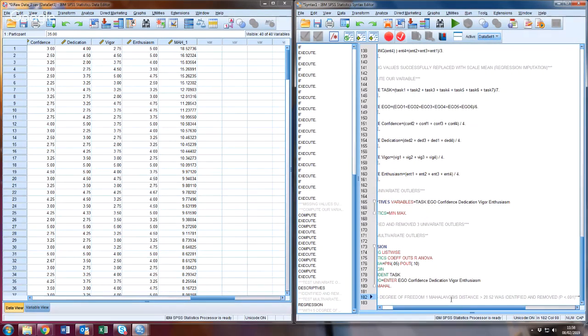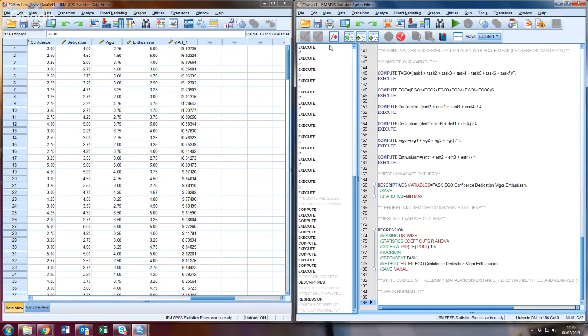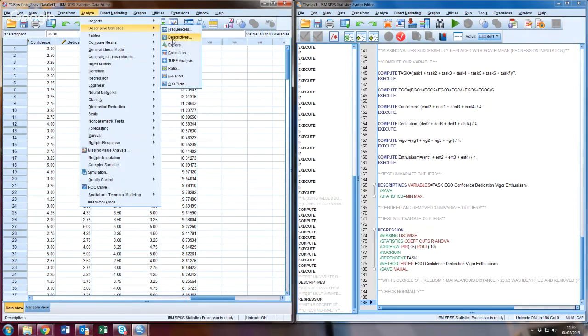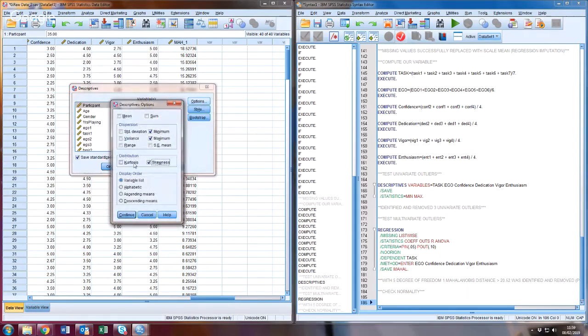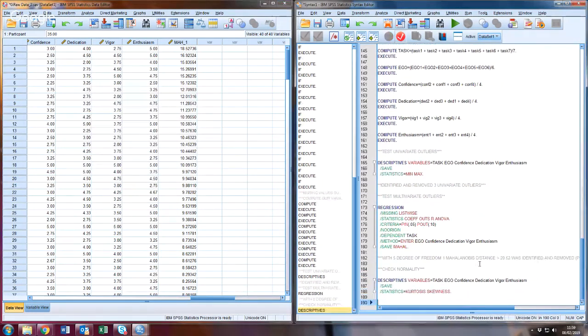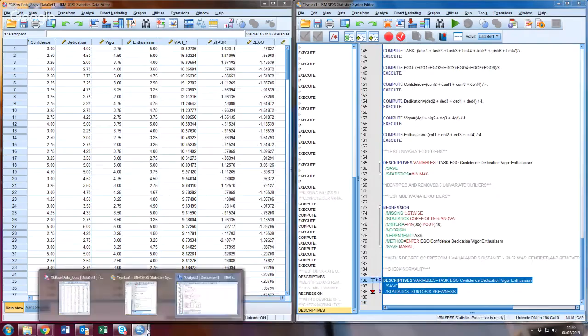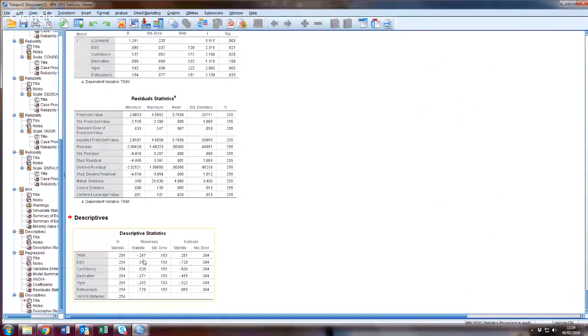Alright guys, so once we've done that, we might just quickly check our normality. So we might just do a safeguard check and run some descriptive statistics here with skewness and kurtosis. Click continue, paste. So really what I'm doing here is checking distributional values of the variables. If we run that, we'll find in our output that we have skewness and kurtosis values, and essentially the quickest and easiest way to check that these things are